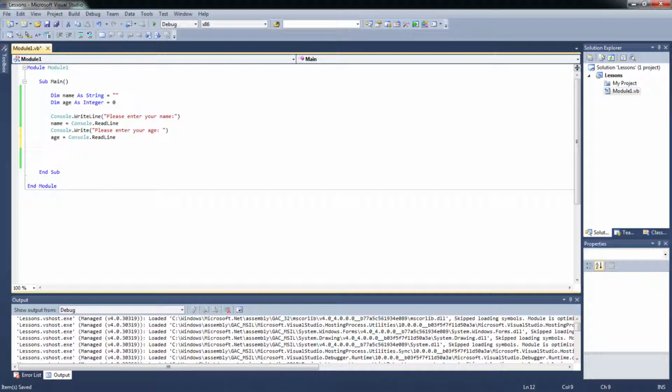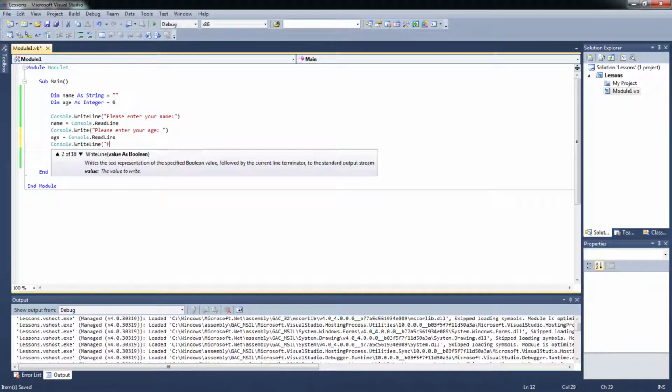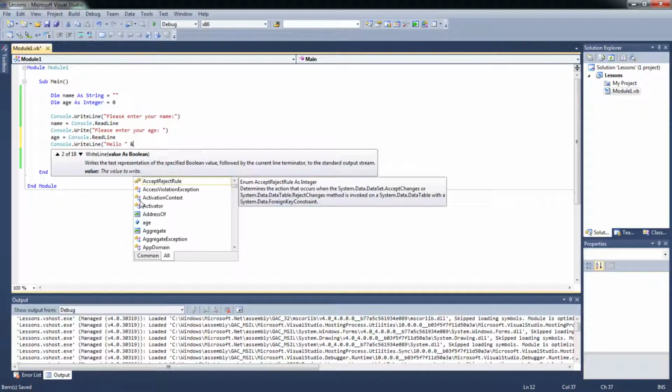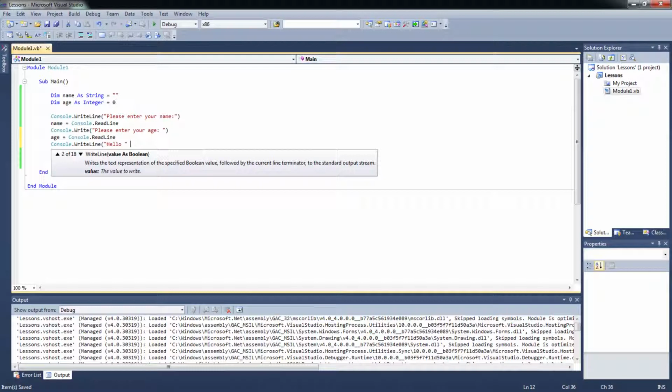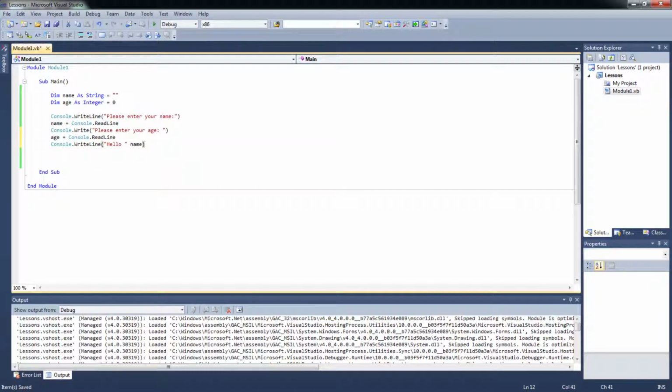And then we want to say console.writeLine, so we can type in hello, and then we want to say their names. Now to say their names, you need to learn a string operator and, so we will know that whatever you're going to type in needs to be put after we say hello, because if we don't put and we simply type in name, then it's going to get confused, because what it's understanding is that you have a string, and